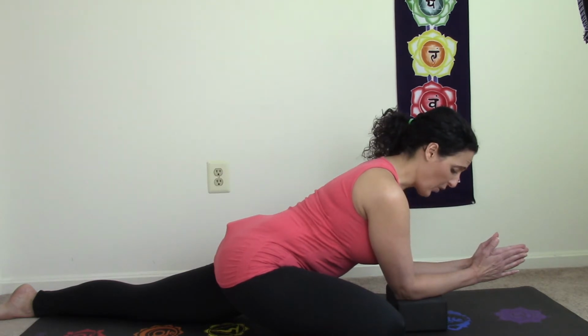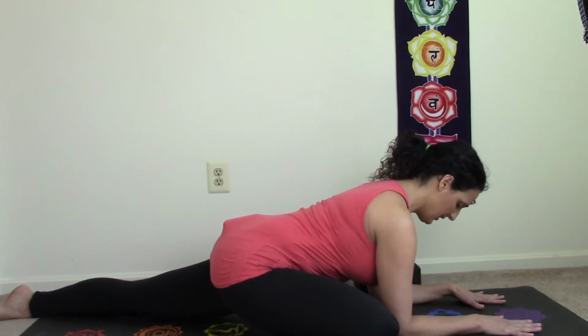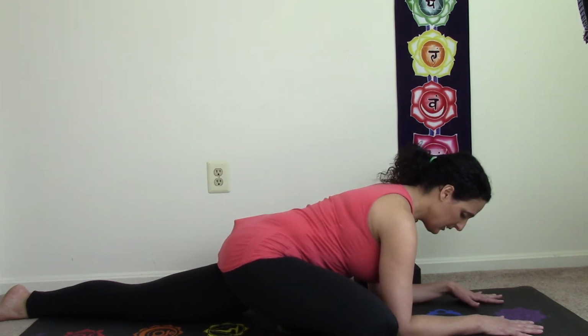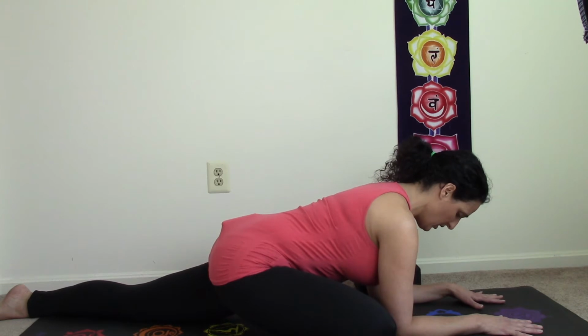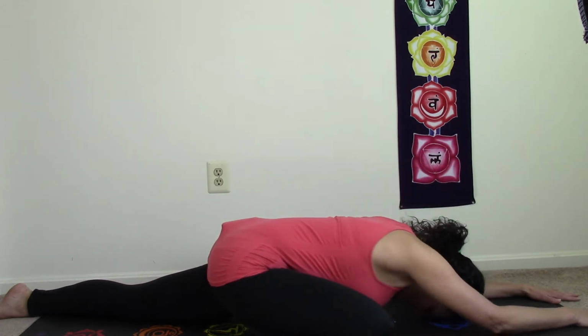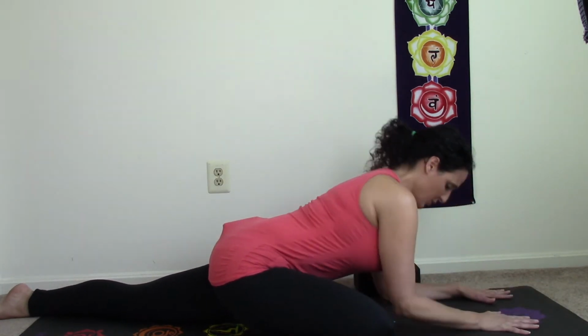If you can, reach down with the elbows and forearms to the floor. And you want to be in a sphinx with the arms. Make sure your hips are level over both sides, so you're not leaning to the left or to the right, you're just centered here. If it feels comfortable, you can come all the way down to the floor, outstretching your arms with your forehead down here. Now in this pose, you're going to inhale deeply, breathing in,